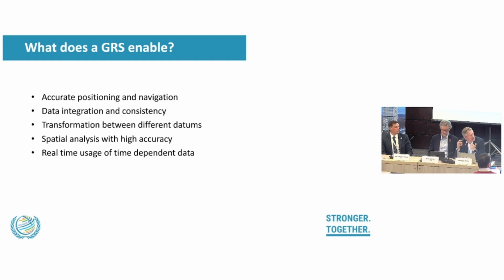It improves data integration and consistency. Your data can't be any more accurate than your datum. And I had this discussion with someone at the Africa workshop, and they were talking about their datum was only accurate to 0.5 of a metre, so half a metre. So what that means is that they had a datum in their country that doesn't actually allow them to implement accurate land management or cadastral land governance procedures for land ownership. If your datum is that inaccurate, you can't get property boundaries done correctly and in an authoritative way.